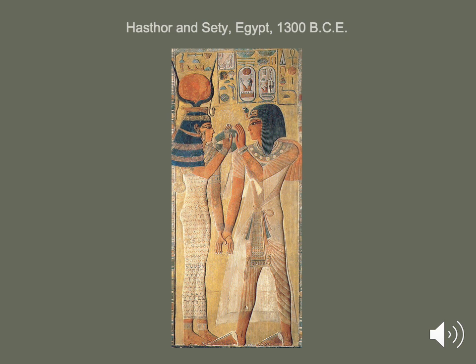I can see two figures. I can see one's a man, one's a woman, and I know that they're holding hands, and I can see exactly what they're doing. But when you take a closer look at it, you'll start to see things that are not like the real world. So for example, if you look at the way they're standing, notice how their feet are shown in profile.